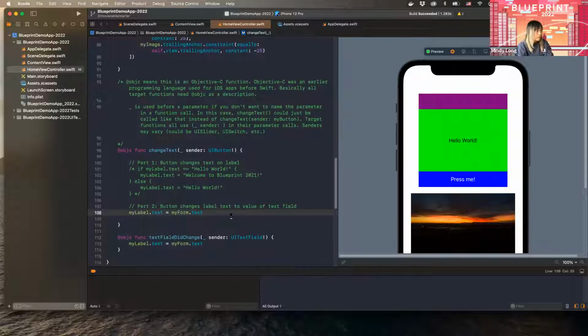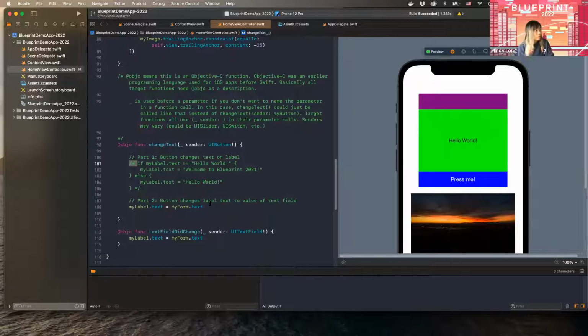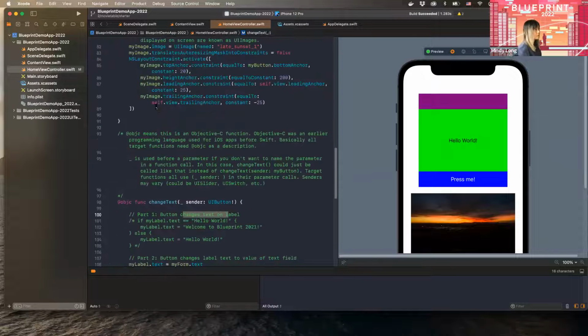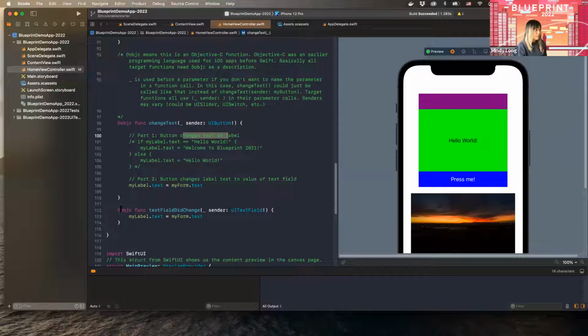Target functions. But right, here you can just play with what you want the code to do when you press it or not press it. For one, you can have the button change the text based on what the label is, etc. And then another Objective-C function that could be useful if you want to put on input fields is